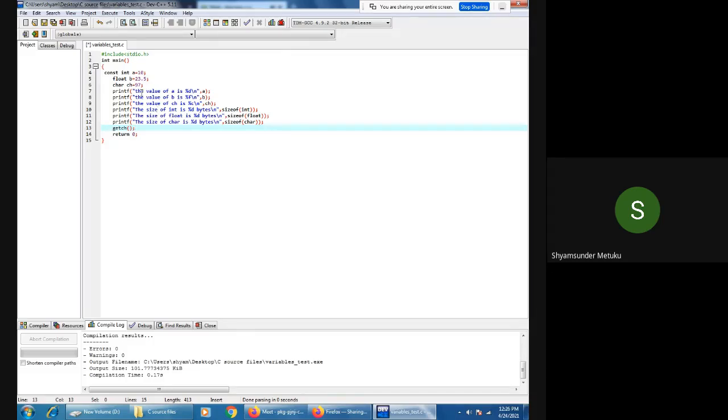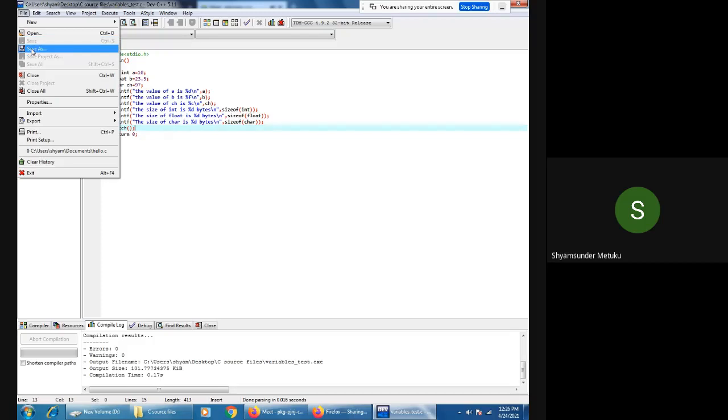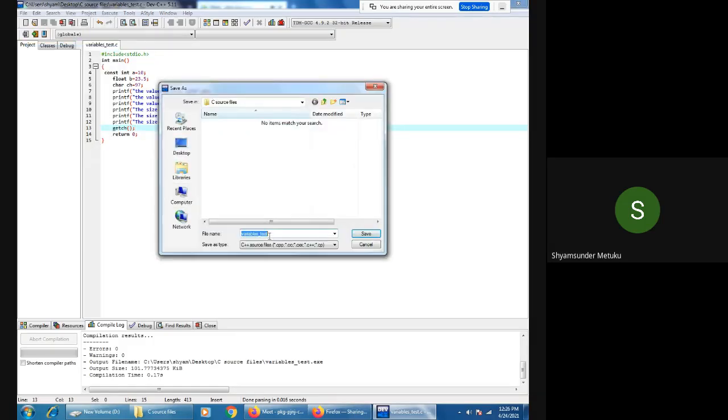So that is one more program. I will try to take save as again, input underscore statement dot c.